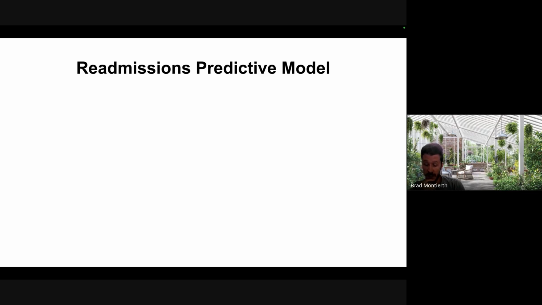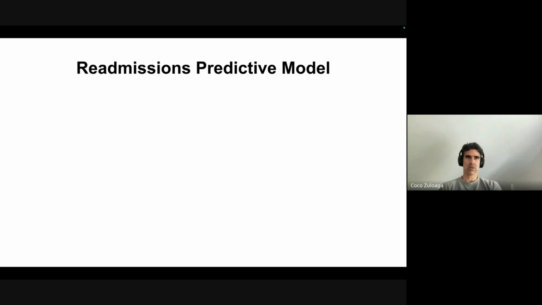So it is of course risk adjusted via all of the kind of things that Coco was talking about, where we're adjusting for the demographics of your population, the sickness level, the geography, and things like that. I think that is what that question is asking. Anything you'd add? Yeah, absolutely. Using our readmission model, you can absolutely do a risk adjusted readmission rate.